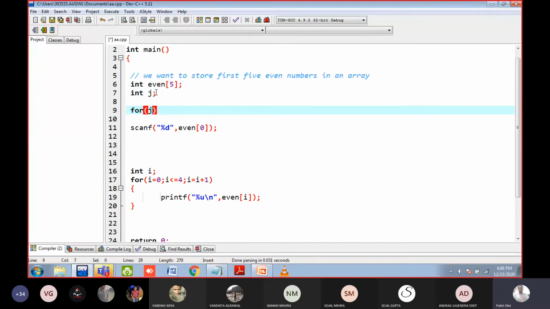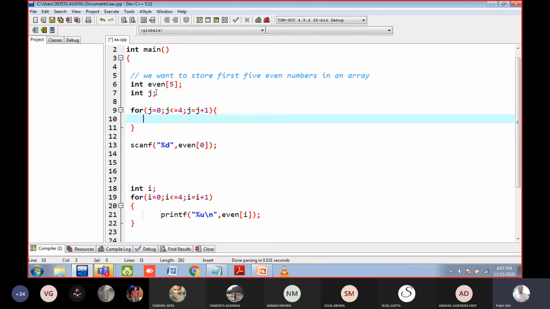For j equal to 0, why j equal to 0, why j is not 1? Because 0 is the first location in the array, you all know. And j less than equal to 4, not 5, remember that. Then j is increased. Okay,